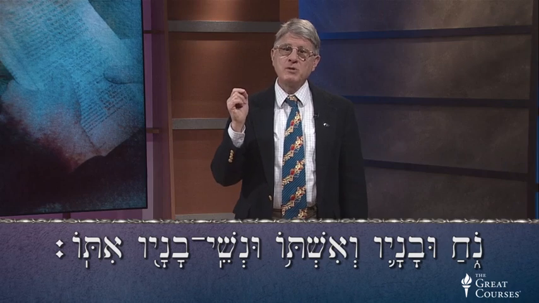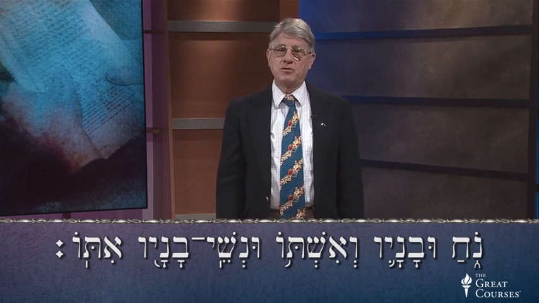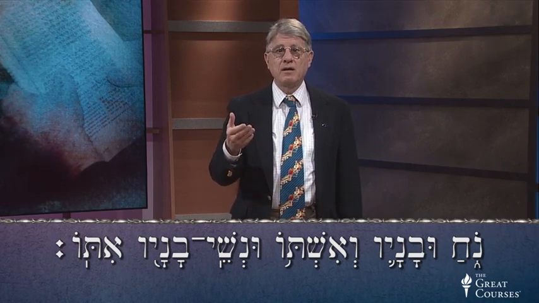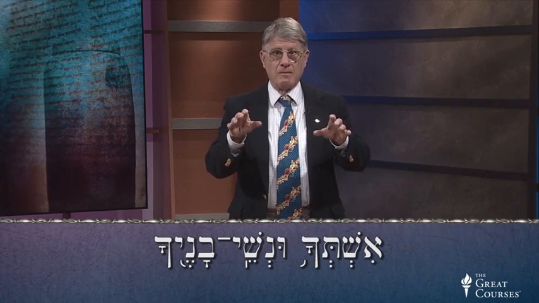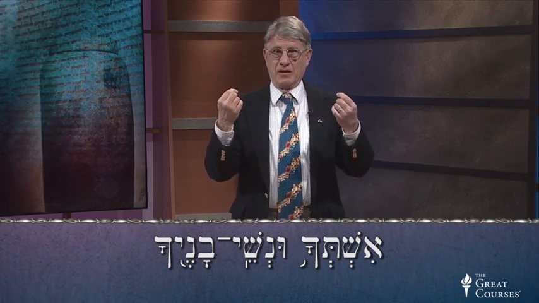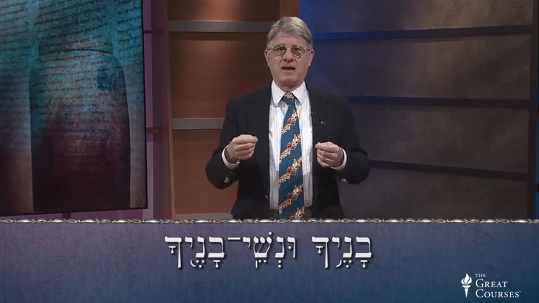But that's not precisely what God told them to do. When he told them to go in, he told Noah, first ata uvanecha, then ishtecha u'neshevanecha, which is what they did. But when he told them to come out, he told Noah, first ata ve'ishtecha, and then banecha u'neshevanecha, with the couples back together. But they didn't do that. They came out, first the boys, then the girls, same way they went in. Noah wasn't listening.